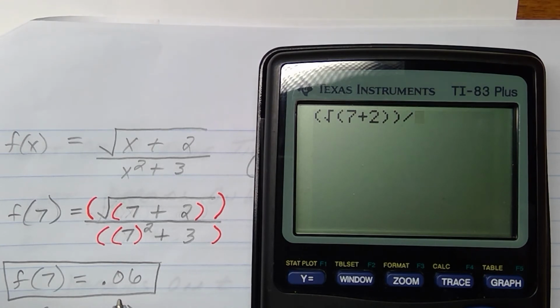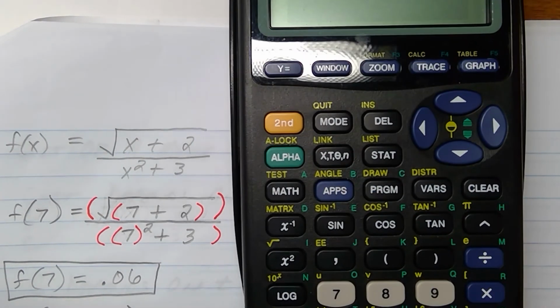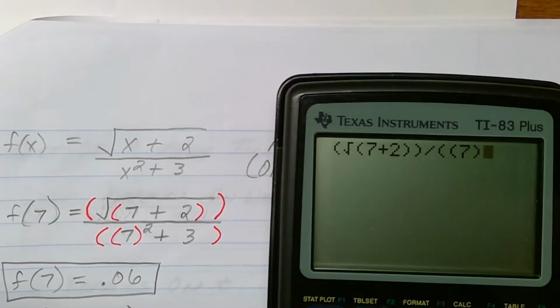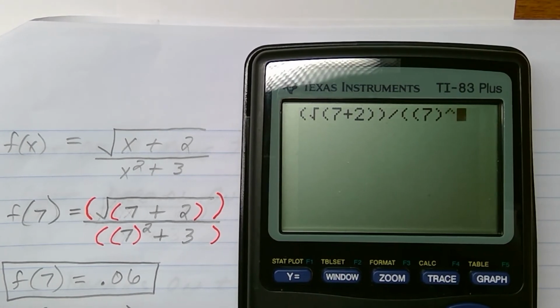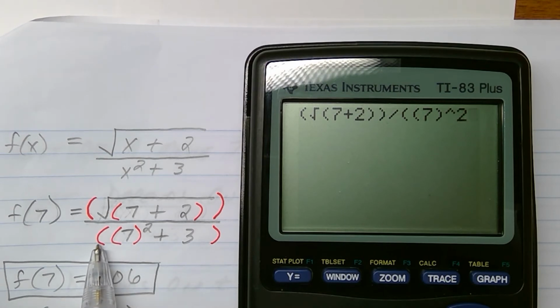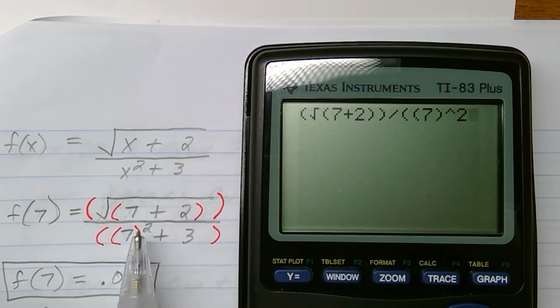Okay, on the bottom, I have to start the bottom parentheses, and I need to start the square. Anytime you square a number, you need to enclose that number in parentheses. So I'm going to enclose the 7 in parentheses. Now I'm going to use this boomerang button right over here on the 83 to raise it to a power. That little boomerang looking button, that's how we raise it to the second power. So here's where I'm at right now. I started the bottom, I started the square, there's 7, I stopped the square, I actually squared it, I raised it to the second power. Now I need a plus 3,